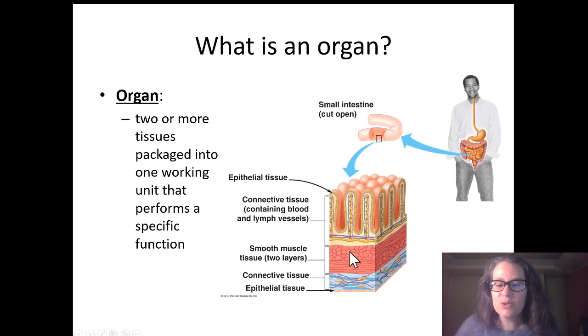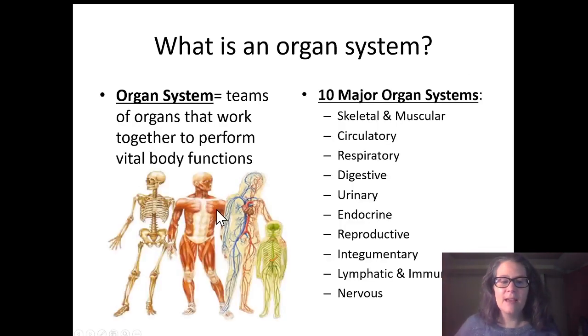So all of these tissues work together to help you digest and absorb your food and your nutrients, and so this is called an organ. Lastly, we have about 12 organ systems. Organ systems are two or more organs that are coordinated for a common vital body function. Depending on how the textbooks break these into groups, I have 10 groups, but sometimes there's up to about a dozen major organ systems for the human body.